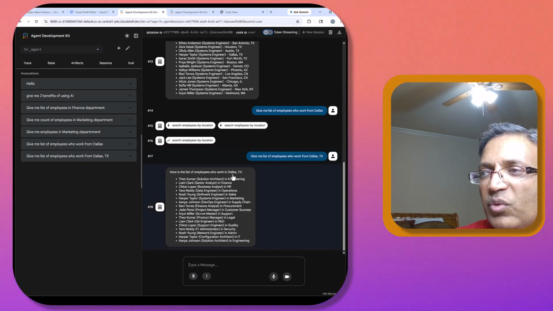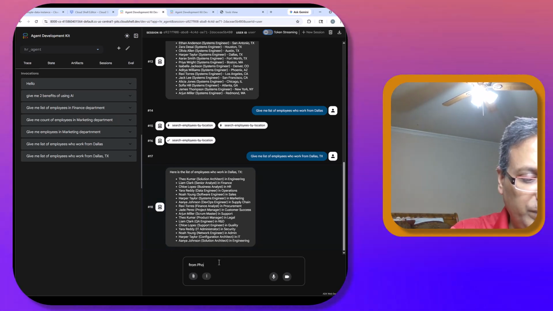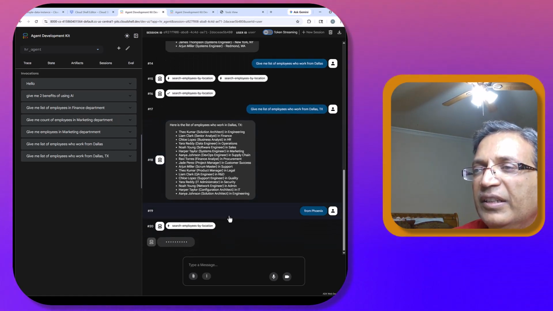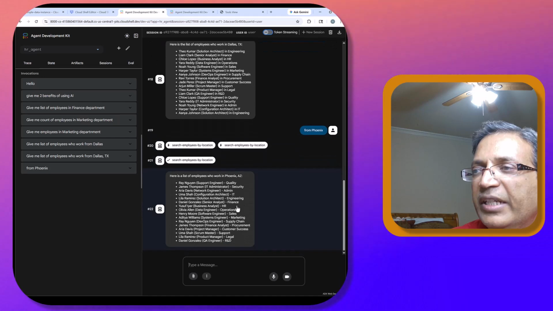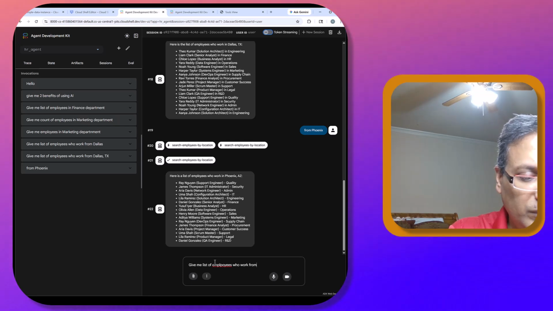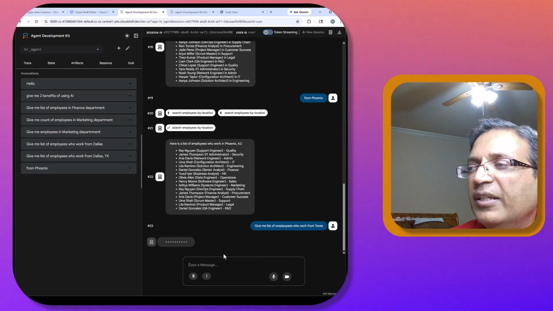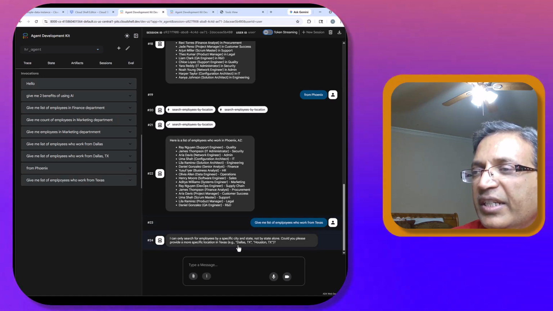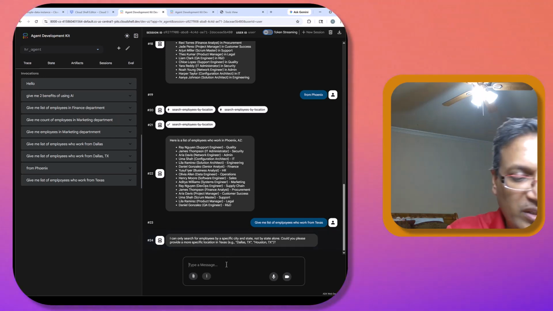Okay, it gave employees who work from Dallas, and from Phoenix. Okay, so it gave all the employees who work out of Phoenix. Let's see if it's able to convert Texas to TX. It says I can only search by specific city, a more specific location in Texas. Okay, so we can just say,